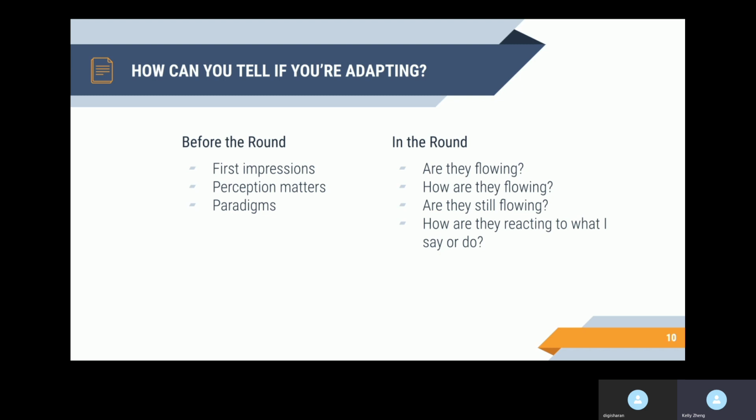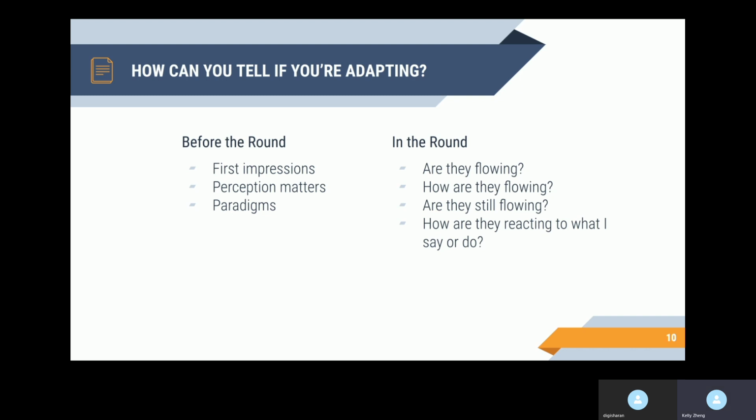If your judge is making faces at you before the round, you should probably stop doing whatever you're doing. Also, make sure you read paradigms. Sharan will get into that later, but this is really important if you want to make sure that you're adapting correctly. And then in the round, in terms of figuring out whether or not you're adapting to them well,